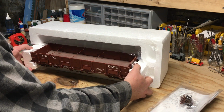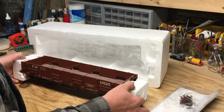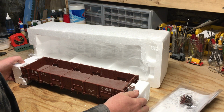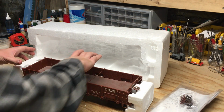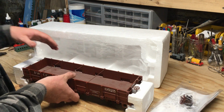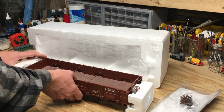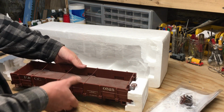But the seller actually messaged me after that. They sent me a second chance offer. They said they had a second unit, which is this one right here, that they were willing to sell me for the $250 price. And I went ahead and accepted that offer and managed to get the one I have here,